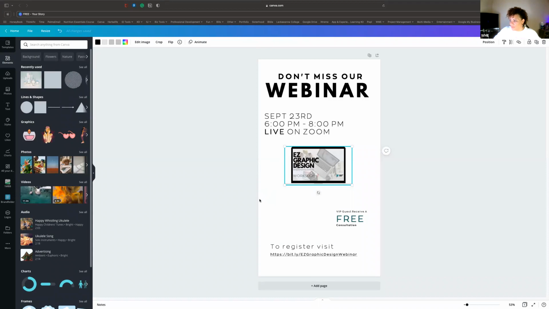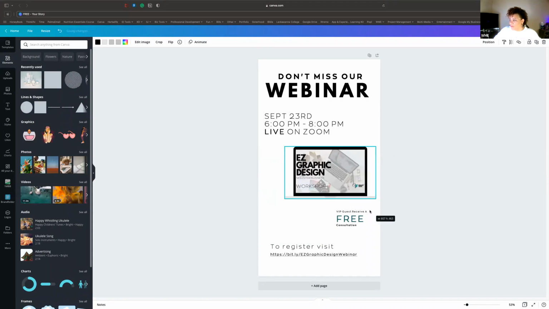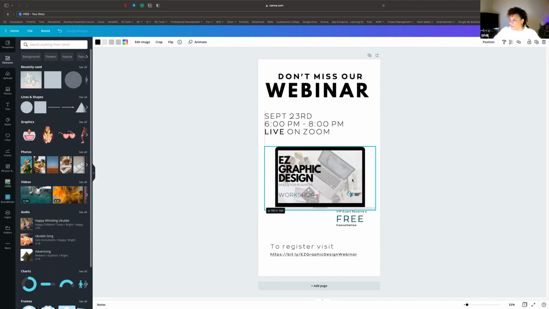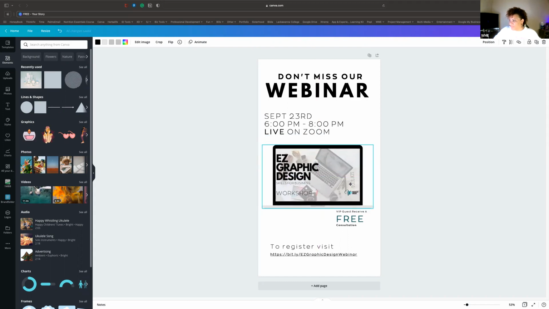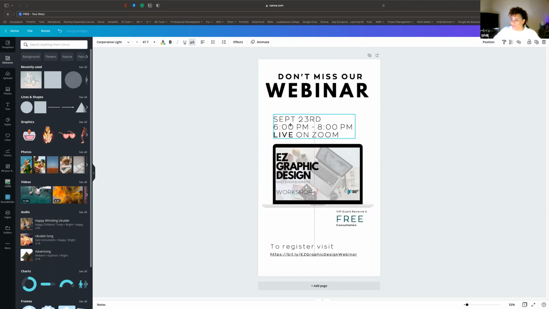So I'm going to just make it a little larger so that it's right down the middle. Now, as I see that, I think, I don't like this placement. I would rather this text be aligned with the computer. So I'll move it over. And instantly you see how that kind of draws things in together.